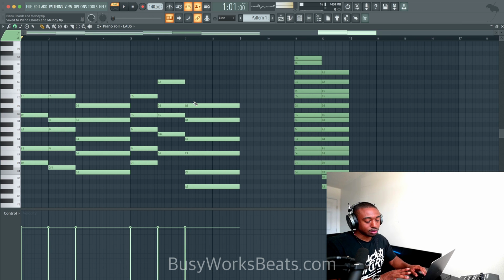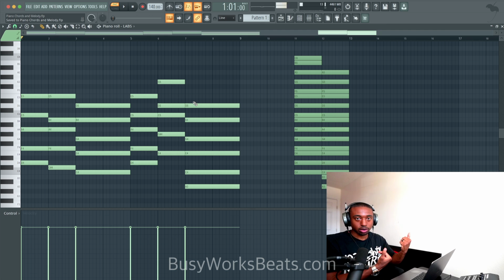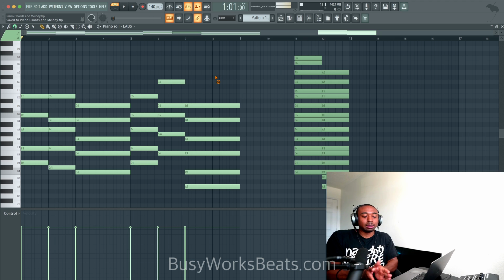Now, again, let me make a caveat here, is that most people try to skip over chords because they think chords are just like gradients in Photoshop. You don't really need it until you need it. But in reality, melody comes from chords. It comes from harmony. It comes from understanding 2 notes that go together. Okay, so skipping chords is going to make melody making really hard for you guys.